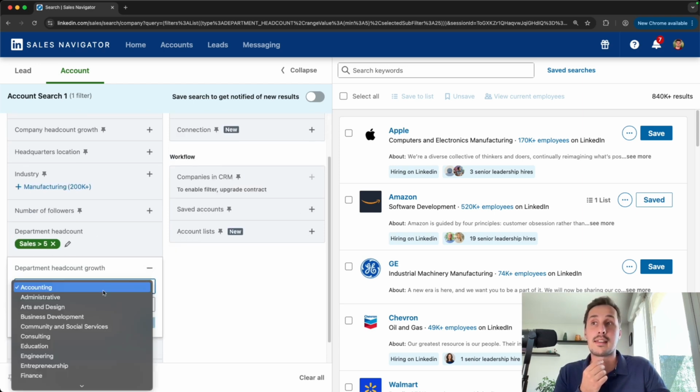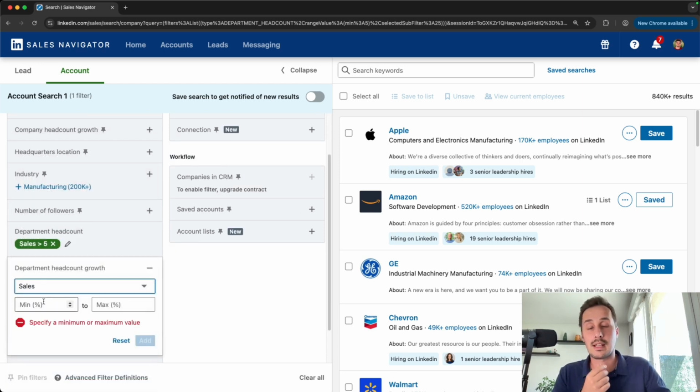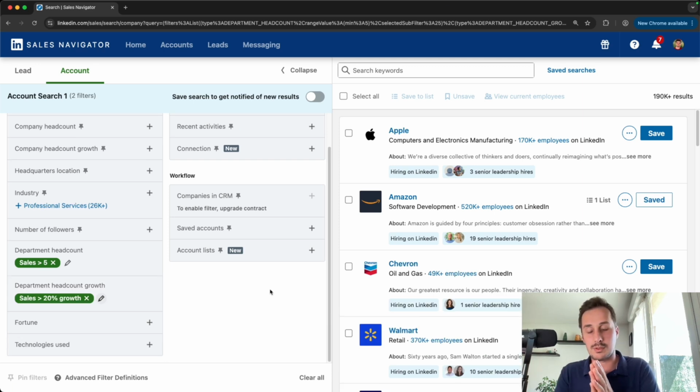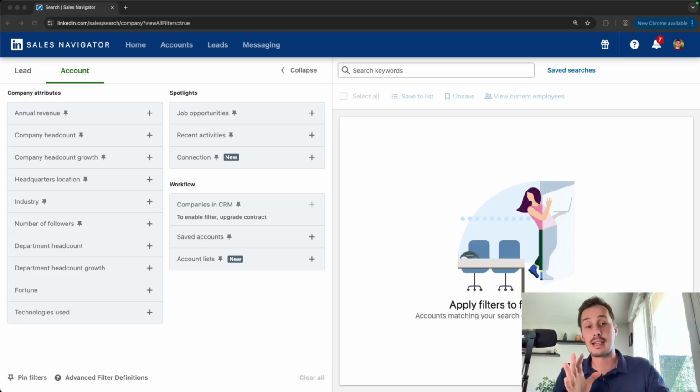And here we will say that we want that during the last year, the sales department headcount has grown by at least, let's say, 20%. So it means that we will target companies that are investing in their sales department. So if you sell a service or product related to sales, you know that these companies are currently investing in their sales department. All right, so now the two last filters I want to show you are job opportunities and